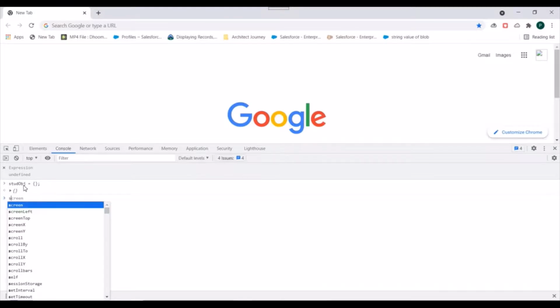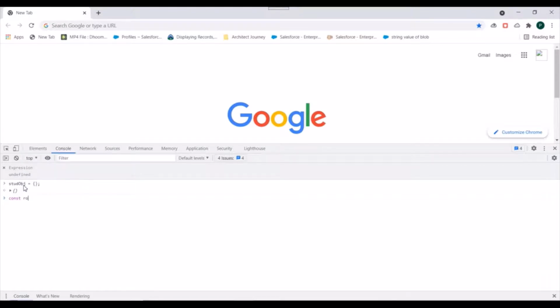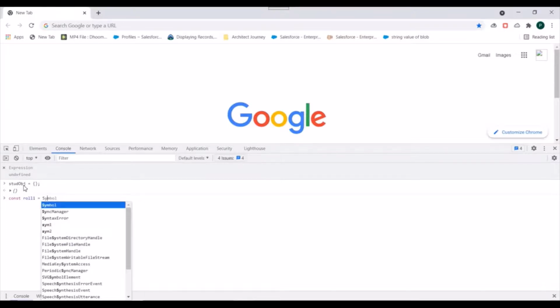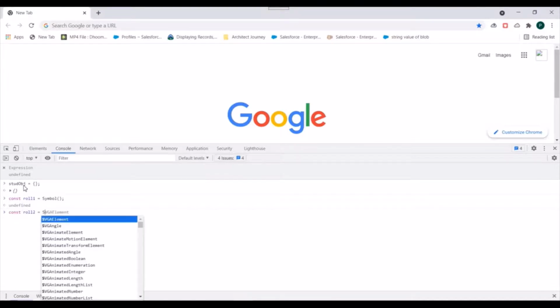Okay, so let's say const roll number 1 equals to Symbol. We'll create one more roll number. Let's say roll number 2 equals to Symbol.